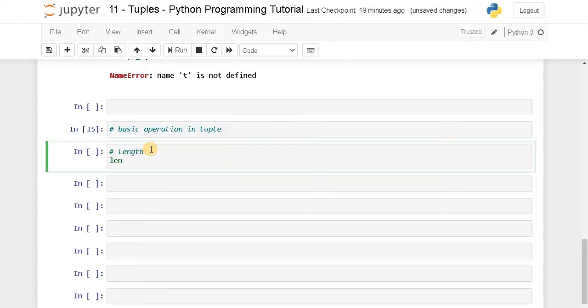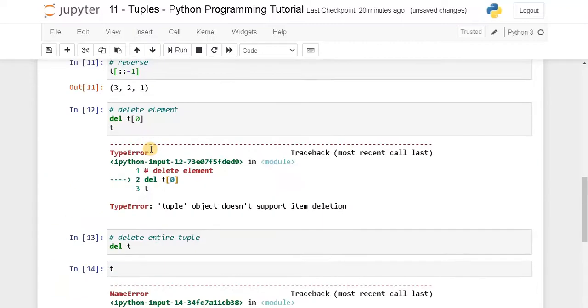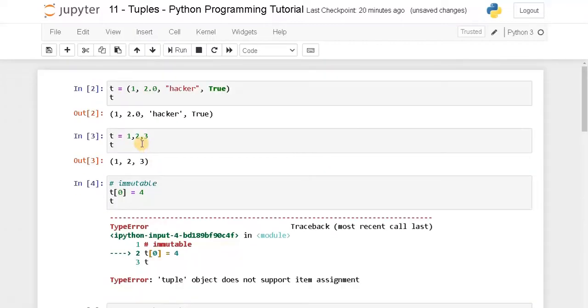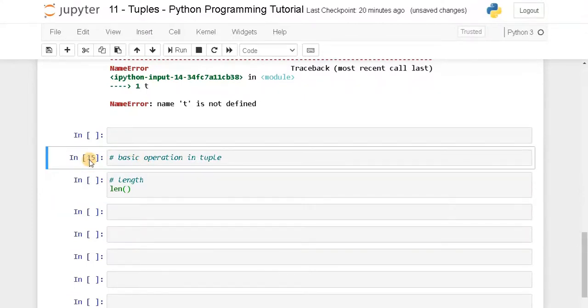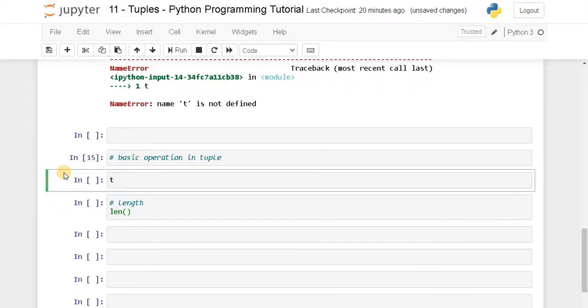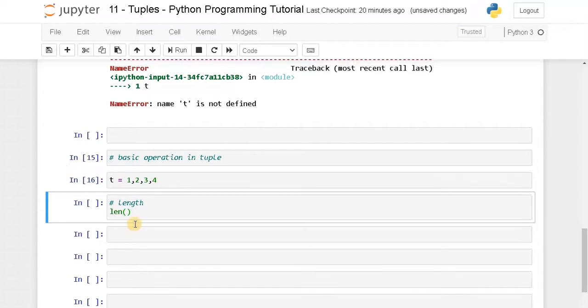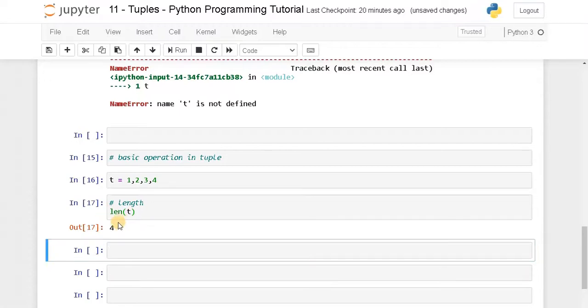That will be len of, I already defined a tuple above. Okay, now we need to define a tuple again. Let's define it now. T equals 1 comma 2 comma 3 and 4. Run it. Now to display the length, let's type the variable and run it. Now the length of the tuple is 4.